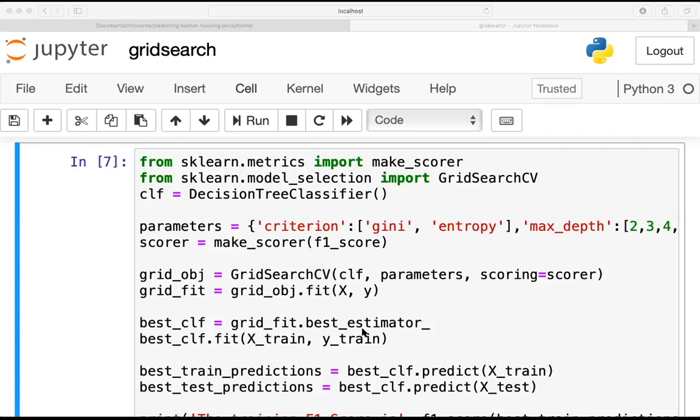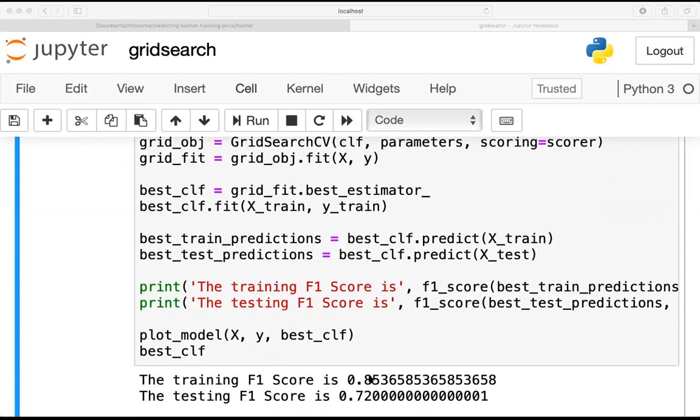So the best combination will be returned here, and once we get the best classifier, we will train it with the training data, and then predict the values for the training set and the testing set also, to see how the best combination looks. On the training set, the F1 score is 85%, and for the testing set it is 72%. That means it is not overtrained, so this is the best model.